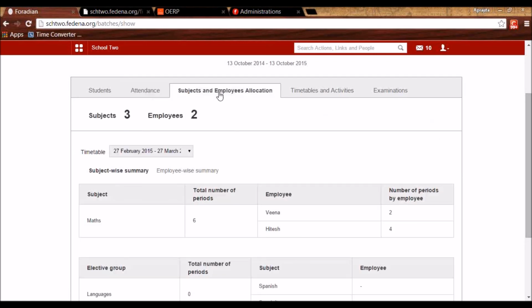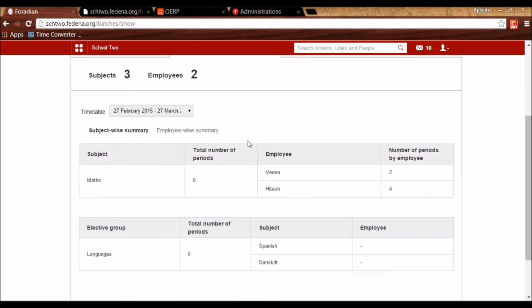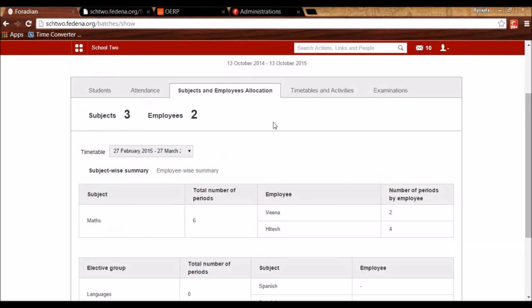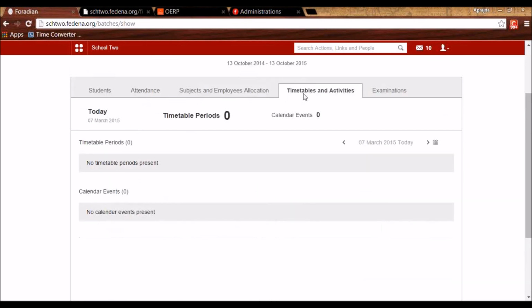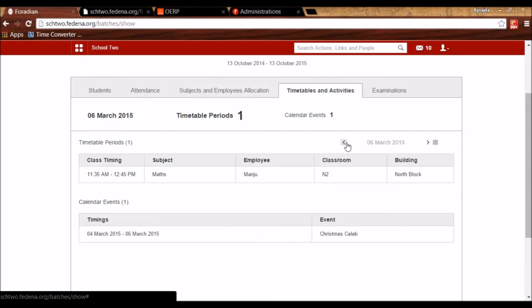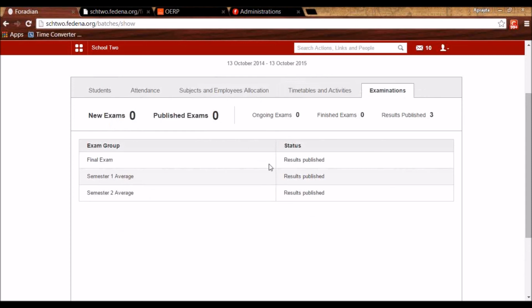Subjects and the employees they are associated with. So timetable and activities for a particular date, I can see like this: class timing, the subject, the employee, the classroom, and the building. It shows the events as well. It shows the examinations.